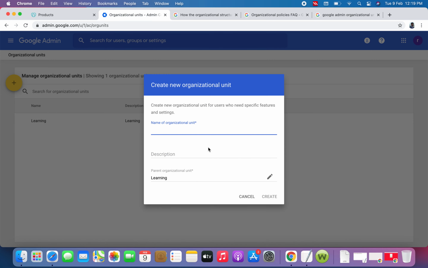I'm going to give the name for that particular OU, for the student. Parent OU is which one? Learning. So now I am going to create it. Click on create.